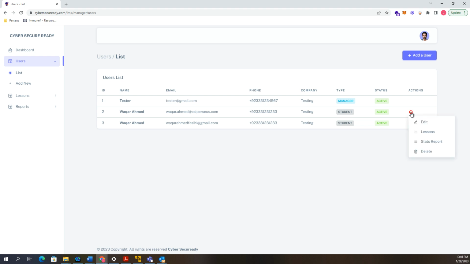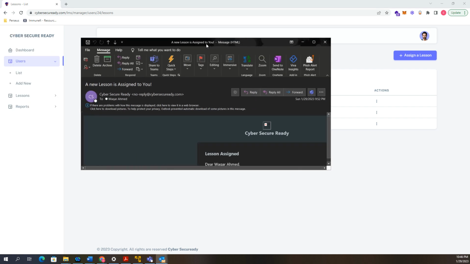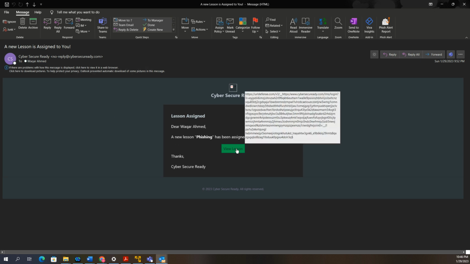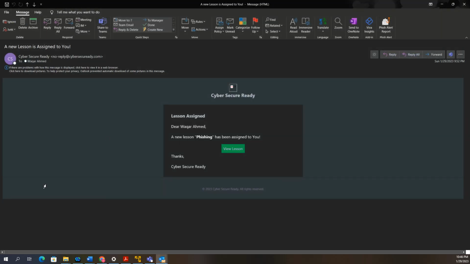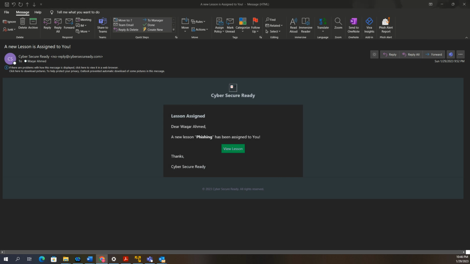So for example, from here we can see which lessons a particular user was assigned, and once he's assigned a lesson from here, he will get an email like this from cybersecurity.com, and once he clicks on view lesson,